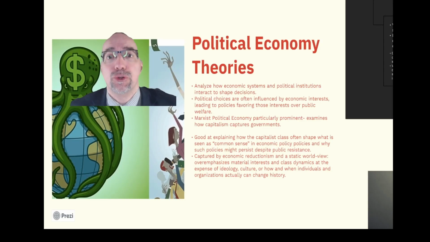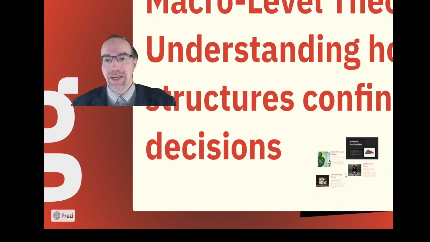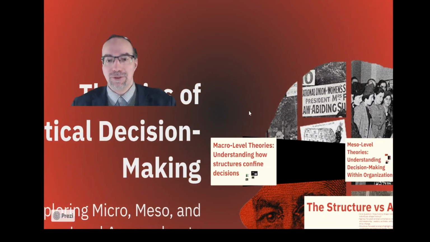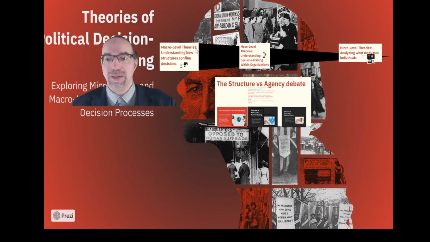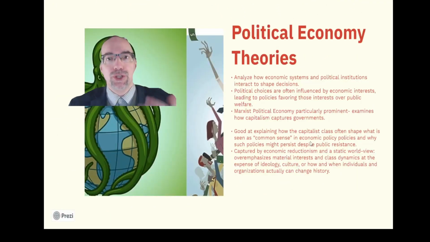Let us turn to the macro level theories, zooming out to see the whole societal structures and systems. That's what we're doing here. We're zooming out, macro level theories. We're going to see everything. We're going to see like the whole thing. This is where you get to structures and systems like the international economy and cultural norms that constrain society writ large.